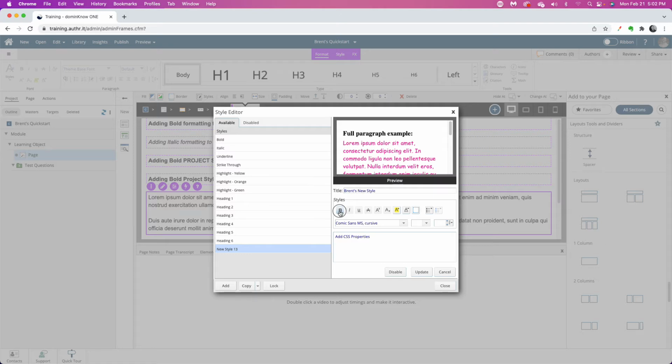Maybe we also just want it to be bold. So for any particular reason, I've decided that this particular look of formats, with the bold format, the font color format, and the font being customized and selected,